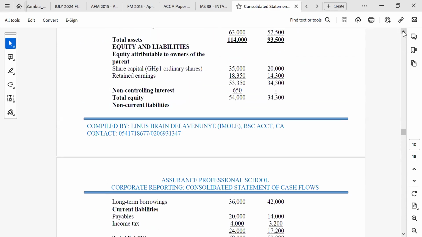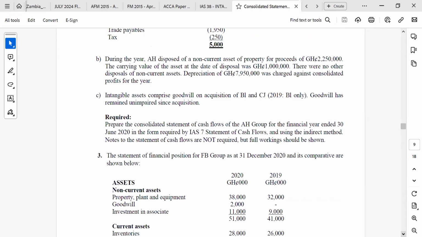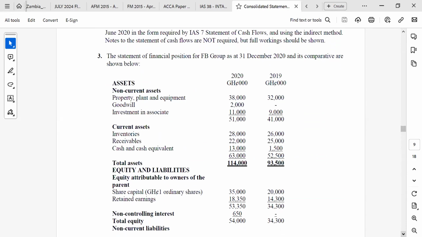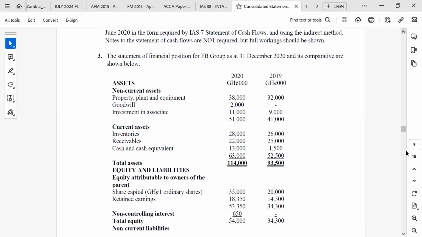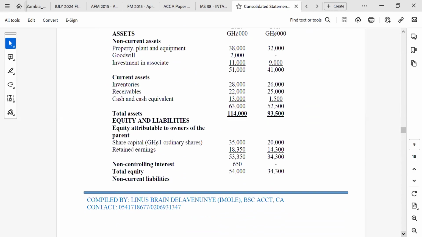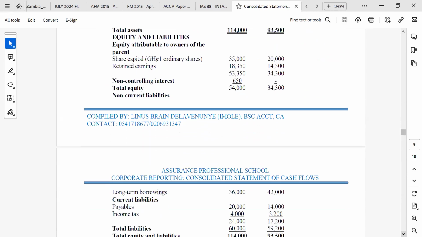Let's move from simple to complex. Question number 3. Okay. So with question number 3, one thing that you have to do is that you are going to be using the